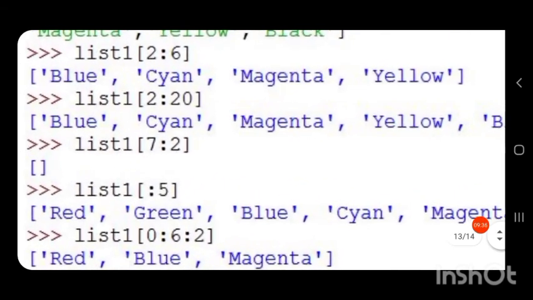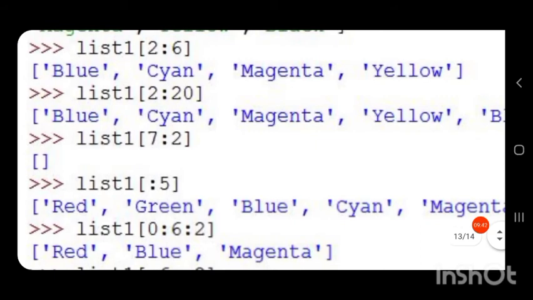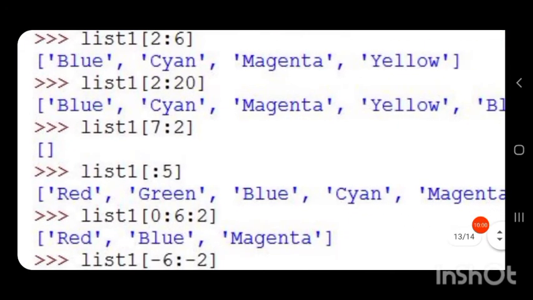Next, here you can see start and stop are there, but this start value is not within our range, because our index contains values from 0 to 6 only. But here the start value is 7.